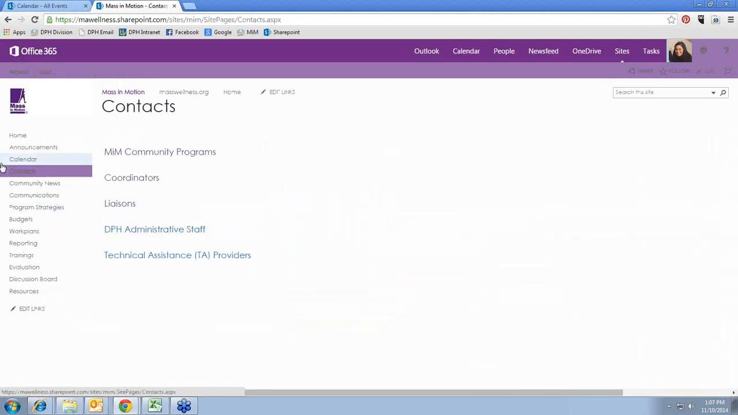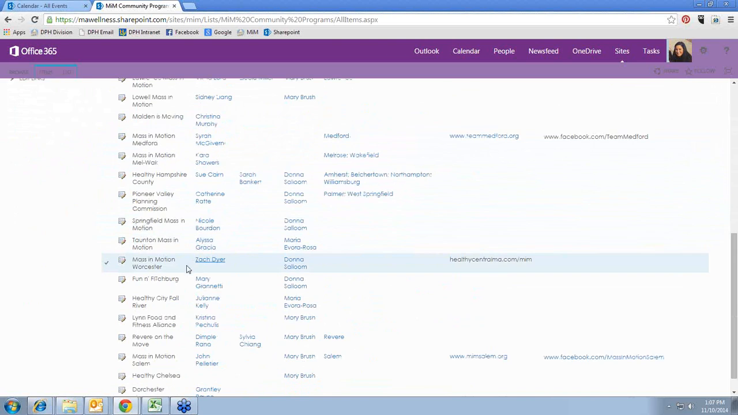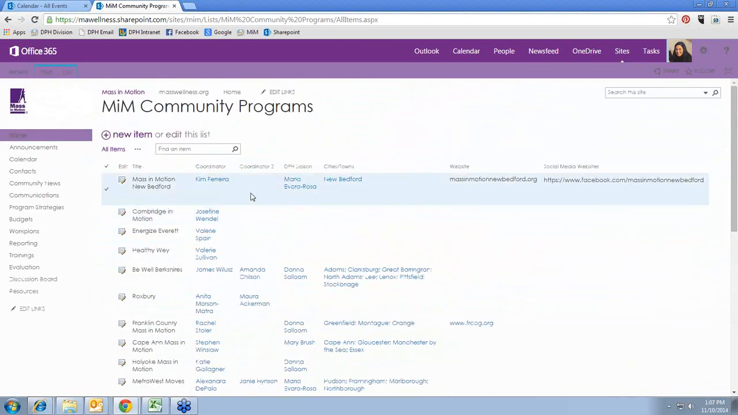All right. The next category here is contacts. This is basically just people, who we are, what our contact information is. We have a list of all the Massive Motion community programs. So what I'd ask you to do is go into this section, find your program, and if there's a coordinator